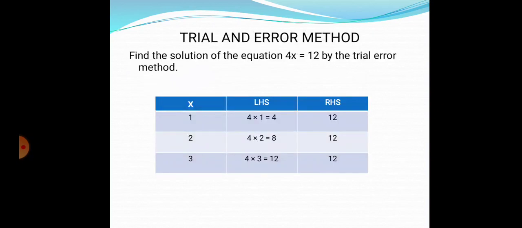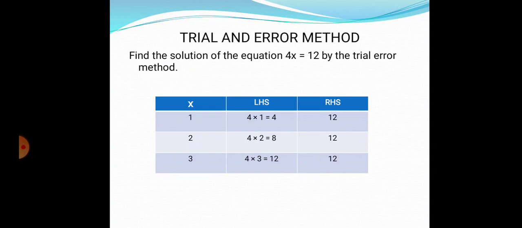The trial and error method is nothing but we often make a guess of the root of the equation. What is meant by guess? Just assuming some value for the solution of an equation. We try several values of the variable and find the values of LHS and RHS in each case. So when LHS is equal to RHS for a particular value of the variable, we say that it is a root of the equation, or even we can say that it is the solution of the equation.